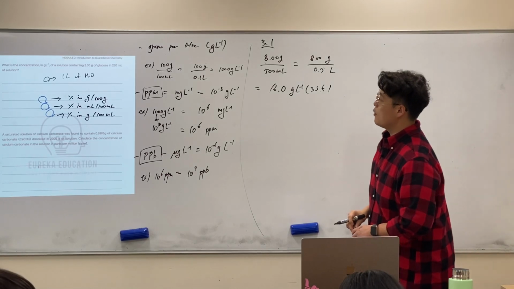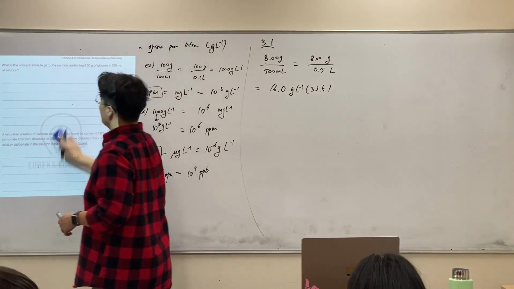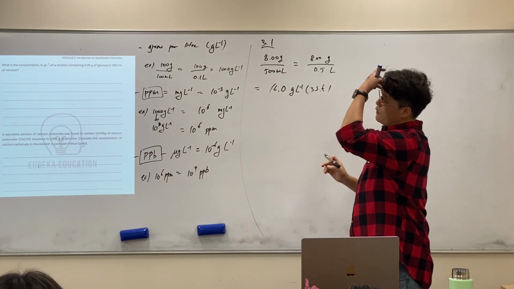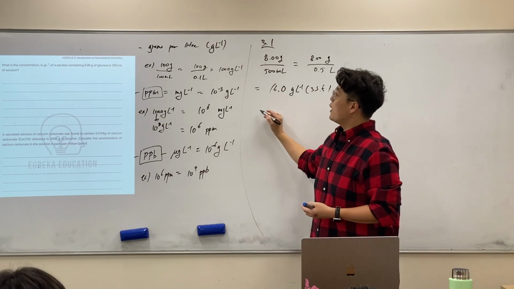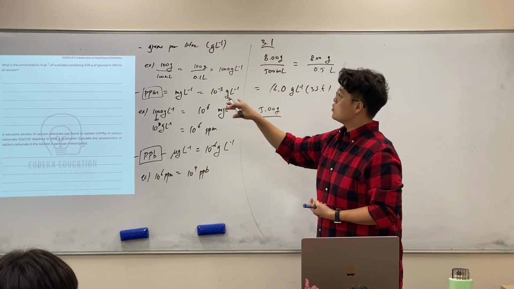Now let's do the 3.2. The next, same question, 3.1. What is the concentration in grams per liter of the solution containing 5 grams of glucose in 250 mL of solution? So we have 5.00 grams divided by 250 mL,